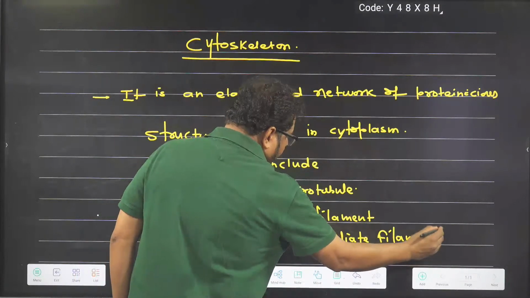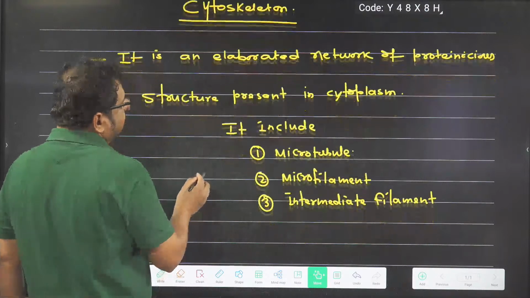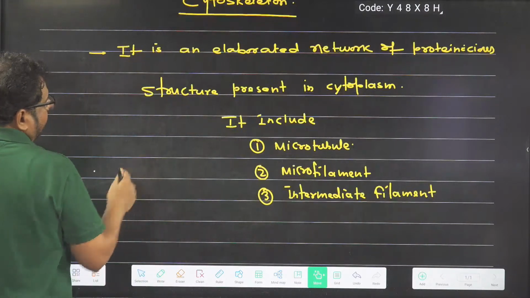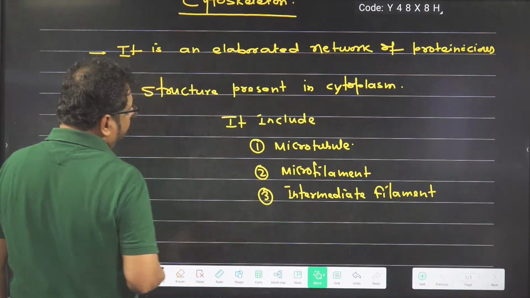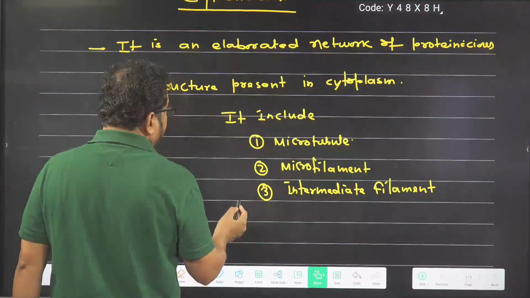So these all are the different type of cytoskeletal structure. Got the idea? If we talk about the function of the cytoskeleton, I am writing